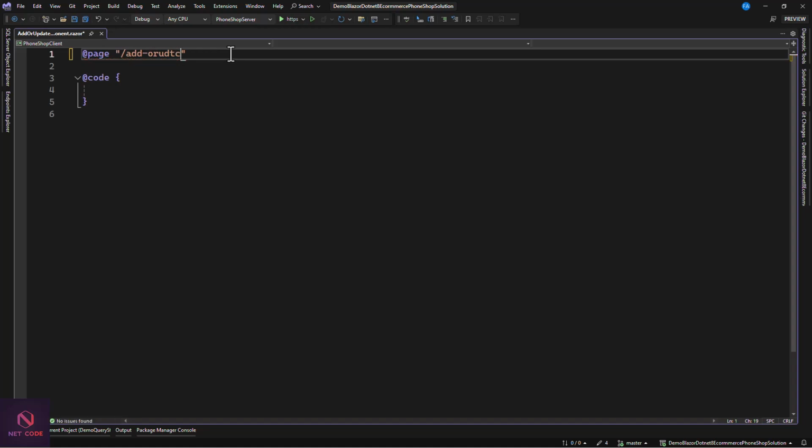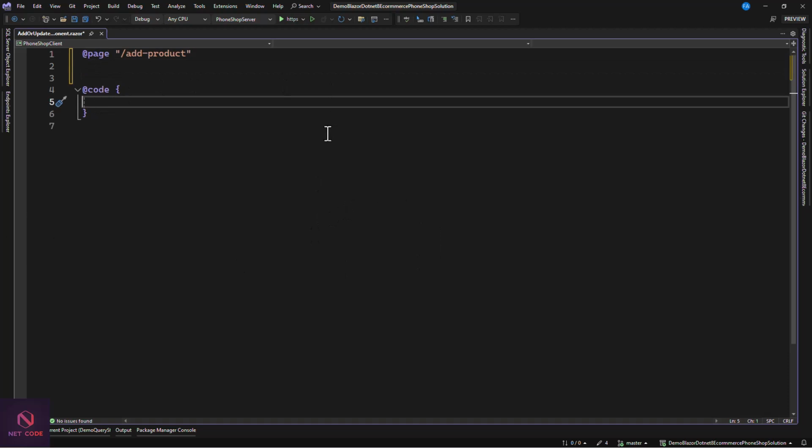Whoa, see what I've done? So let me do it well. So add product. Yes. So there's a route. As soon as I navigate to the base URL / add product, I have to be navigated to this page. Okay, now here, what I need to do is create an instance of this